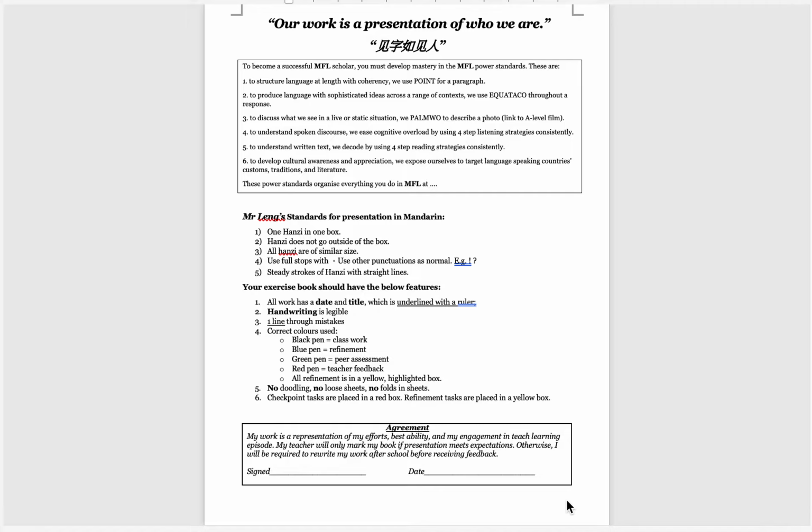Now when you finish looking at this video, let me just quickly go through it. It won't take too long. Today's session is about 2 more minutes long. I give a motto that I can use all the time. So this is my motto. Whenever students have an argument with me in the future, I will say this motto, saying that number one rule, the principal motto is our work is a presentation of who we are.